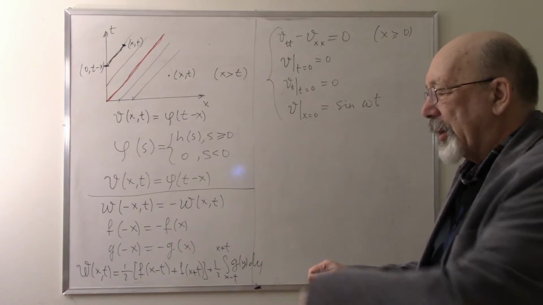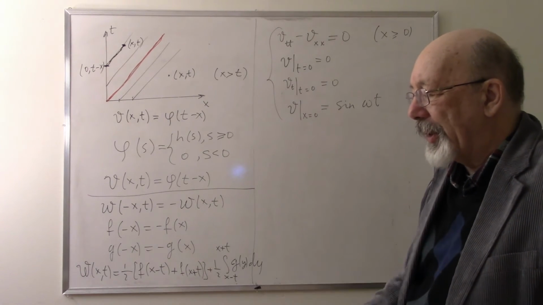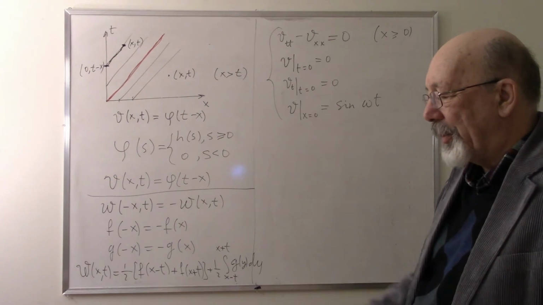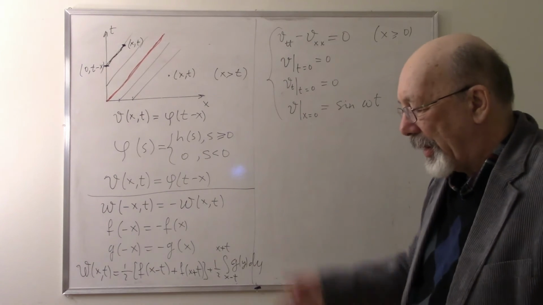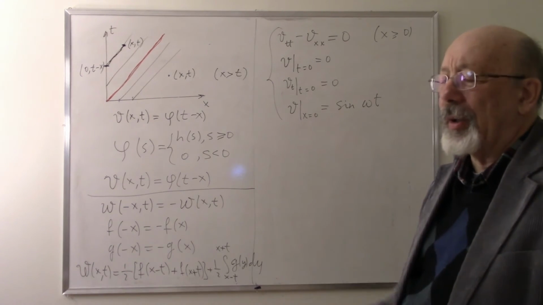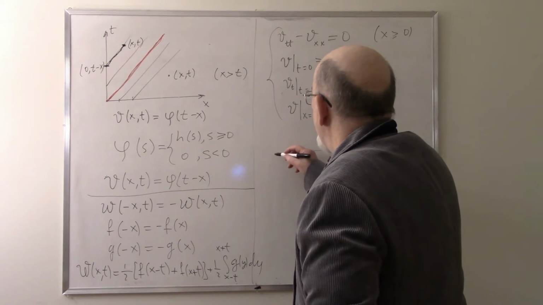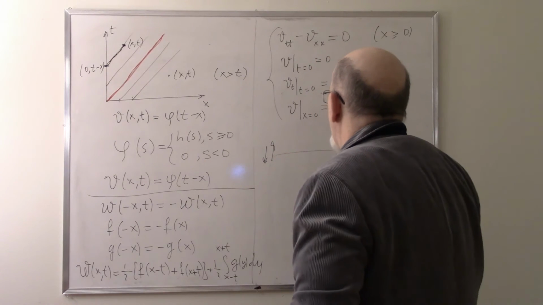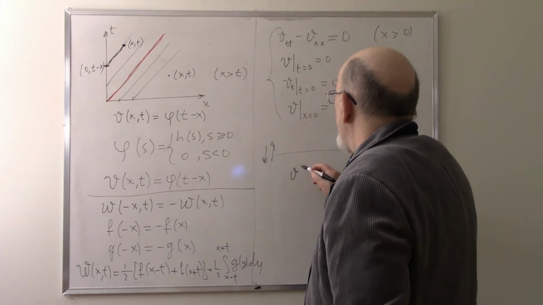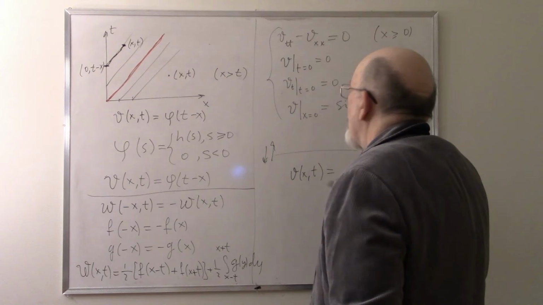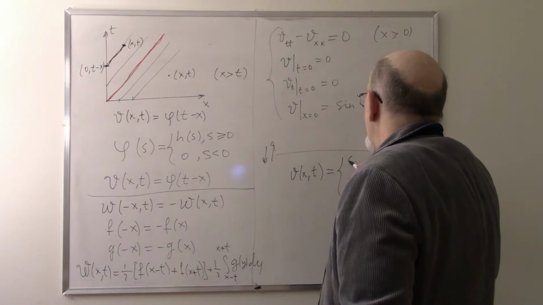And the string is at rest, and at the initial moment we start moving this end point of the string, it produces harmonic motion. Yes, so we have this string, and then we start moving it up and down. And so what we have here is v of x, t equals, by this formula,